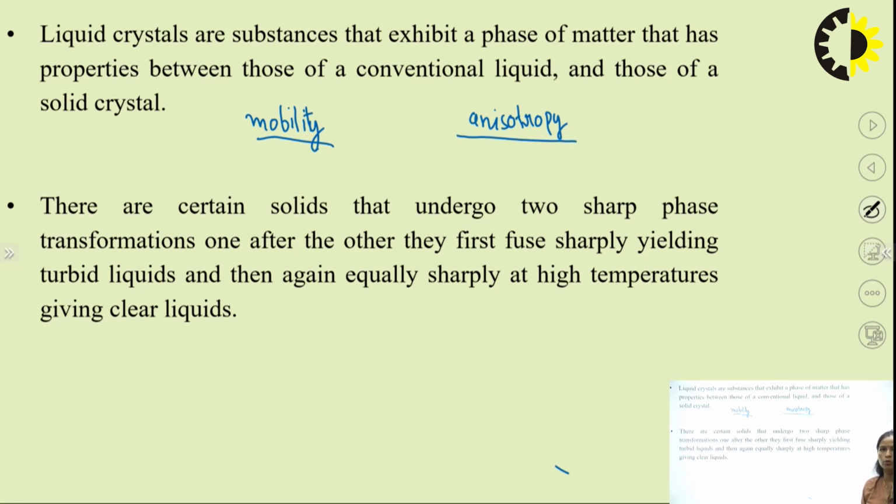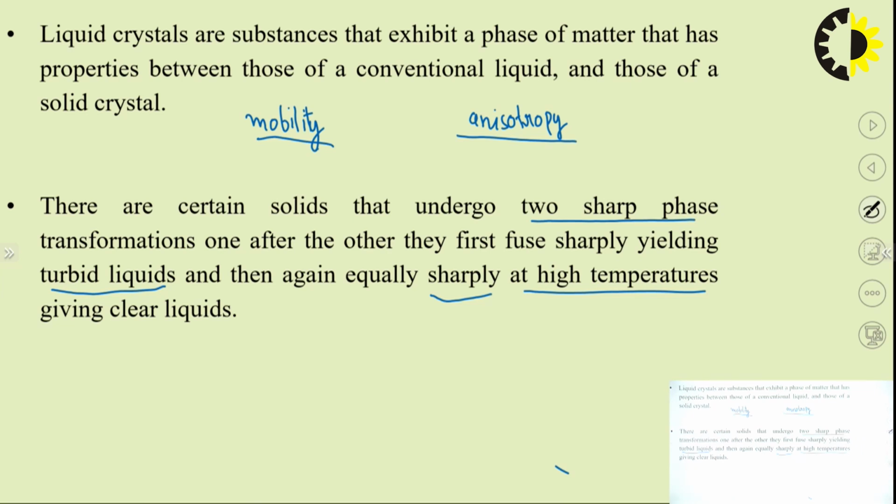How we came to know? Because some solid substances undergo two sharp phase transformations. They first fuse sharply to form turbid liquid, not random liquid, but turbid liquid, the liquid which is turbid in nature, thick in nature. The molecules are not randomly arranged as in liquid, and then they again sharply change their phase at very high temperature and convert